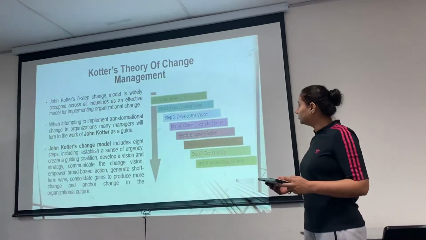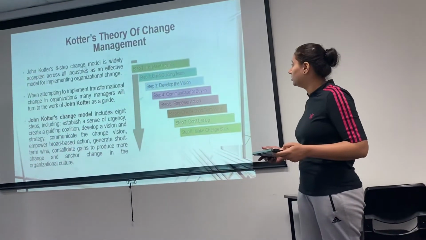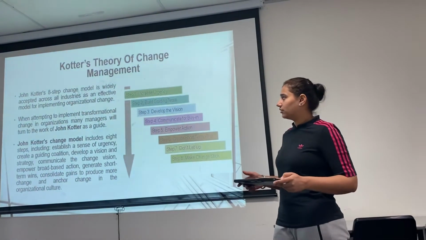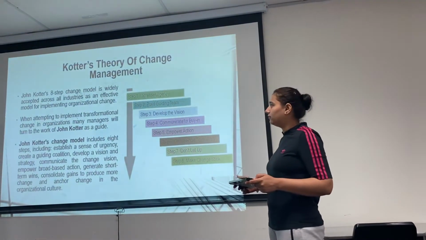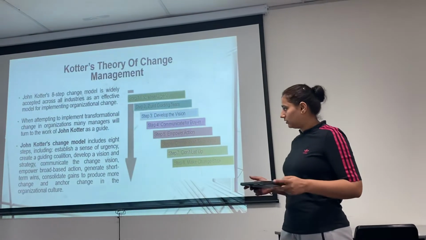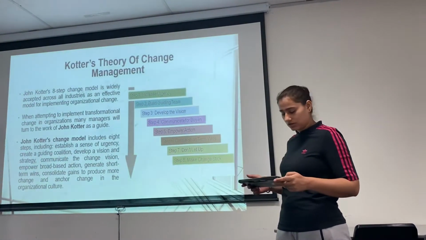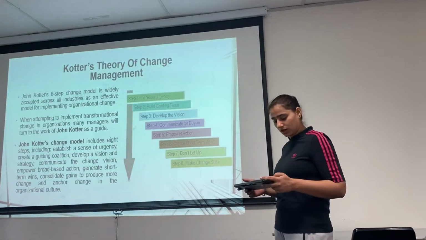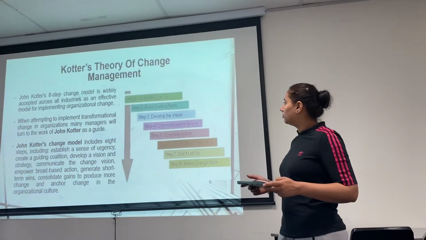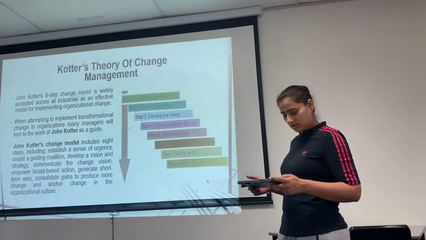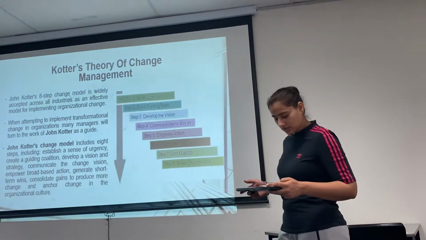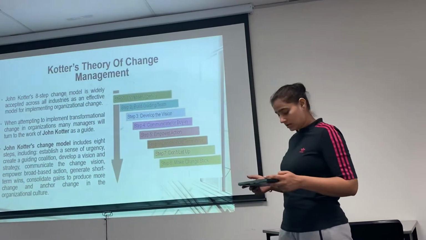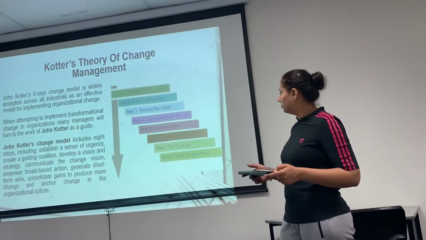My name is Jasmeet. I'm going to explain Kotter's theory of change management. John Kotter's 8-step change model is widely accepted across all industries as an effective model for implementing organizational change. Many managers in organizations use the Kotter steps as a guide while introducing any transformational change. There are 8 steps. Number 1 states to increase urgency, which means creating a situation that demands the urgency of change. After that, the second step is to build a guiding team,